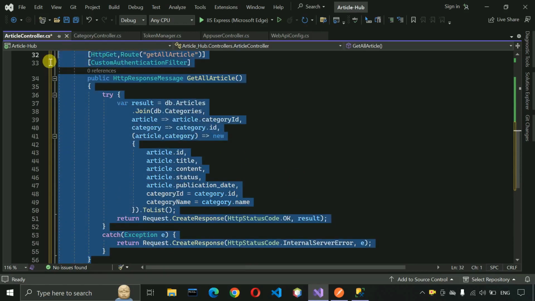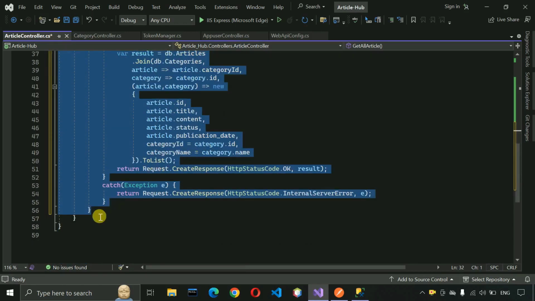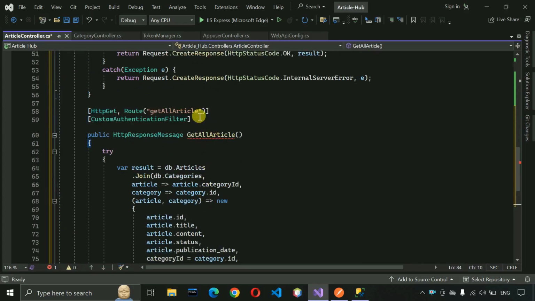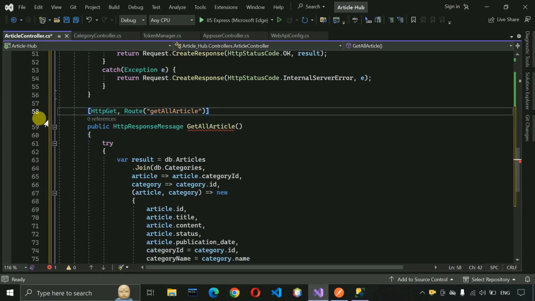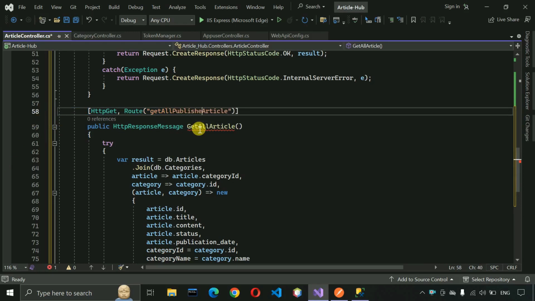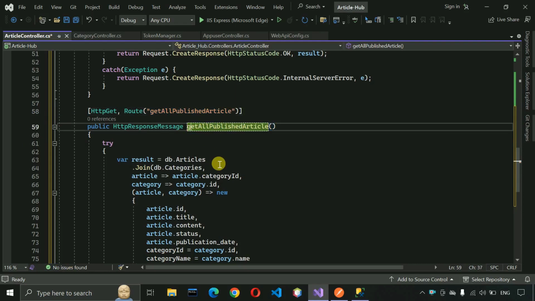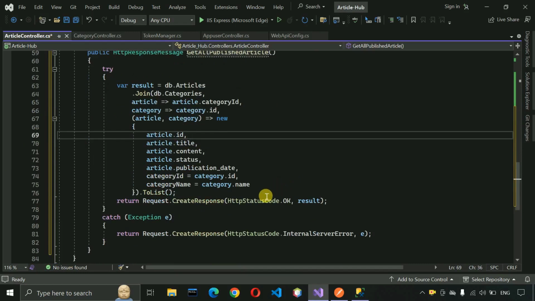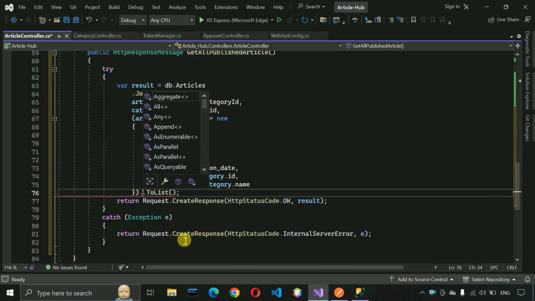Okay, and paste this complete API till this point, we are going to paste it over here, and we have to just remove this custom authentication from this API, as we are going to return all the published articles. So here, Get All Published Article, and just copy this one and paste it over here, just change the first letter to capital G, and after that we have to go a little bit down, and here we have to put dot, press enter,